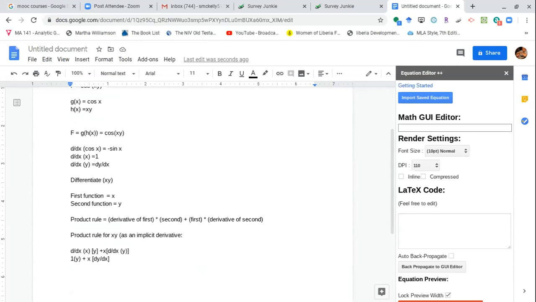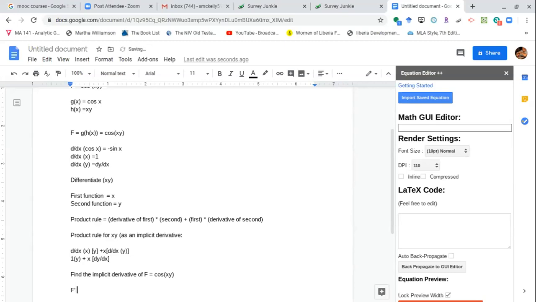So now, find the implicit derivative of, let's say, f equals the cosine of xy. What I'm going to have to do by the chain rule is